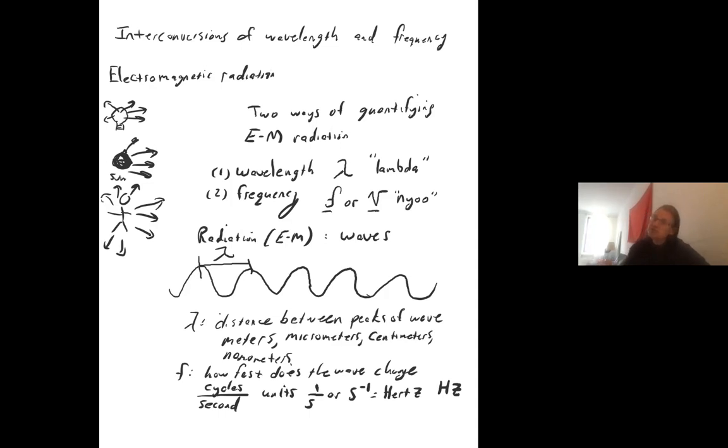So you have these two ways of measuring the waves. One is essentially how big the wave is, how long it is. That's called wavelength. How long is it? The other one is the frequency, which is how rapidly is this wave changing? And typically that's done as cycles per second or hertz. Now, the reason those two are useful for us is they're related to each other. The wavelength of a wave, this goes for any wave, times the frequency of a wave is equal to its speed.